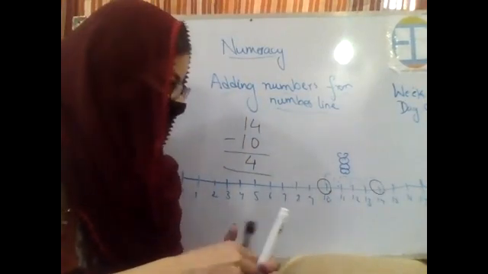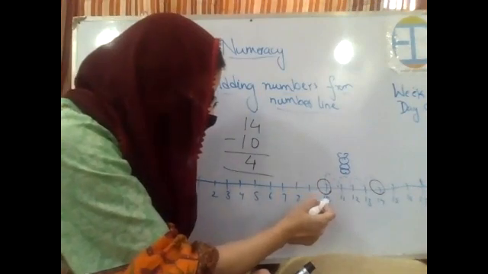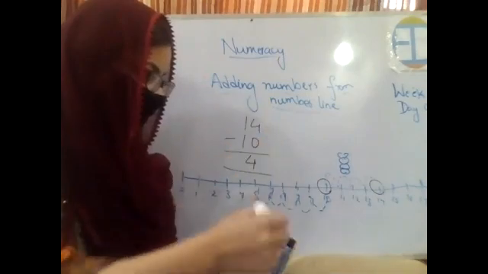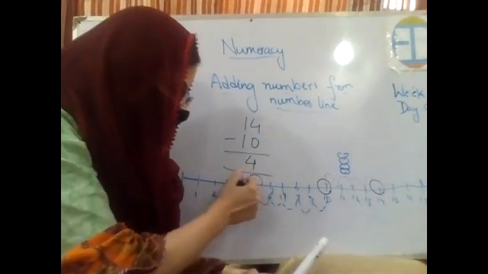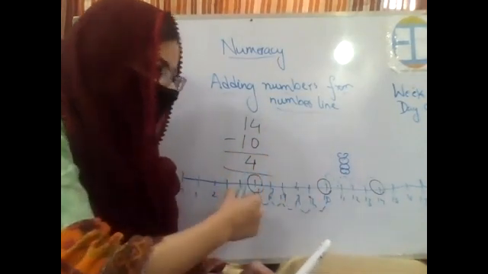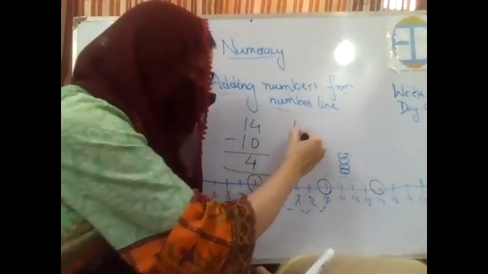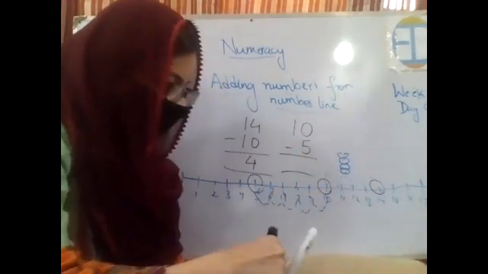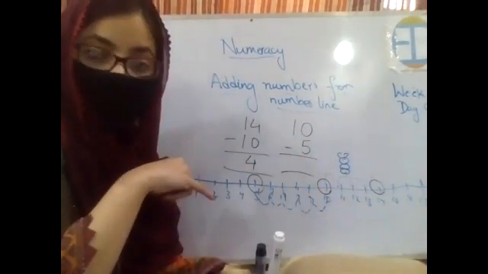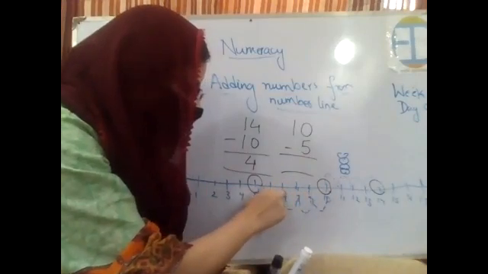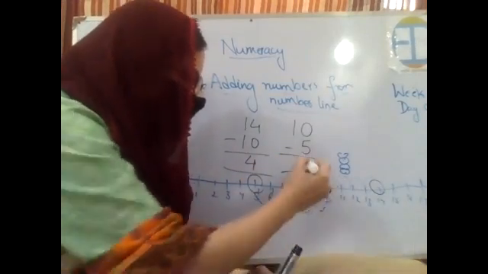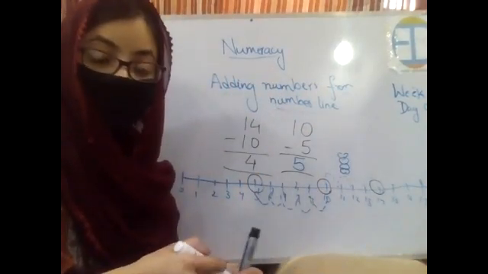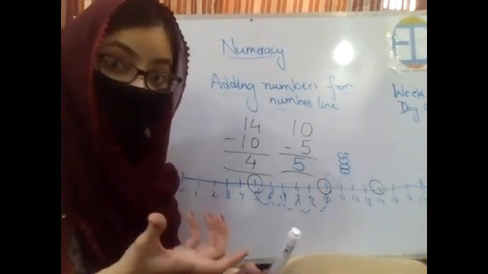Got it? Now let's say the teddy bear starts at number 10, first hops to 9, then 8, 7, 6, 5. So now we have again two numbers. The starting point is 10 and the ending is 5. So you will write it as 10 minus 5. Now count how many numbers there are in between 10 and 5. So the numbers are 1, 2, 3, 4, 5. This means that the answer is 5. Got it? This is how we will practice subtraction in today's class.